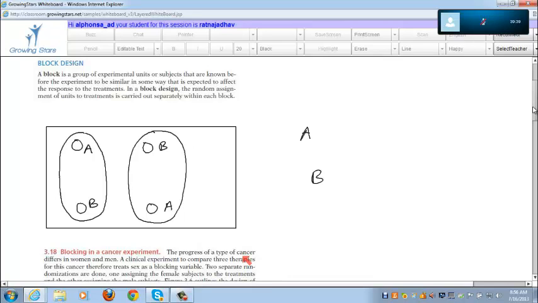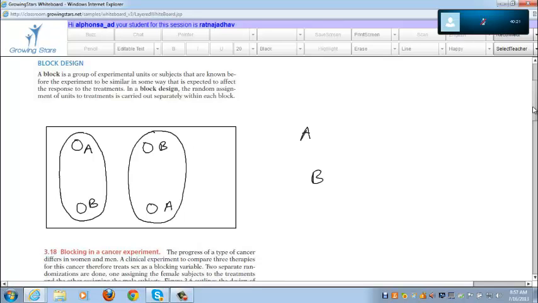So they're divided into men and women. Here, one block is men. All the men form one block. Women form another block, because it is known beforehand that men and women differ in the responses. Figure 3.6 outlines the design of this experiment. Note that there is no randomization involved in making up the blocks. They are groups of subjects who differ in some way, sex in this case, that is apparent before the experiment begins. We didn't separate men and women by randomization. We separated them because we knew beforehand that they differ in the response.